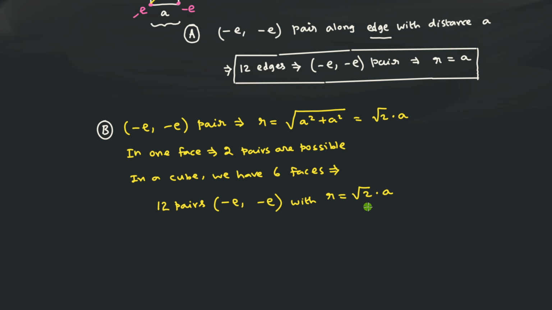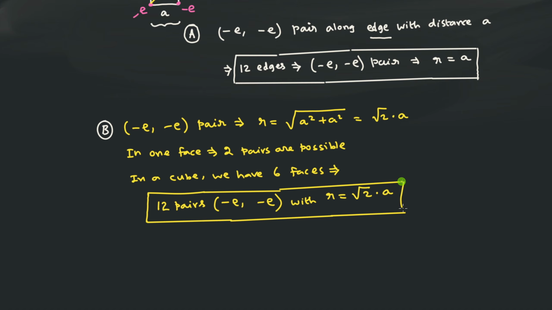So you can easily see that it is possible to combine different pairs with different distances. And at the same time, remember, we are not repeating any pair. These are unrepeated pairs. One particular pair is counted only once. That is very important. Otherwise, when you use the formula with 1 by 2, you will make a mistake. So we are now counting in such a way that we don't repeat any pair. So let me put this box once again, so that this is another important piece of information required for the calculation. So this is fine. A is over, B is over.